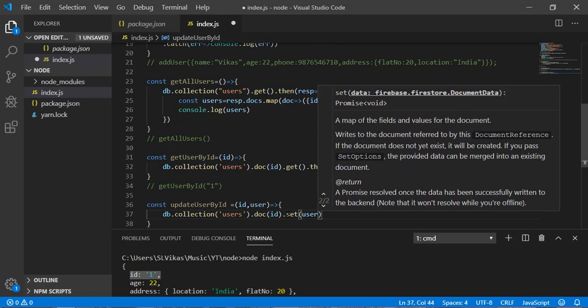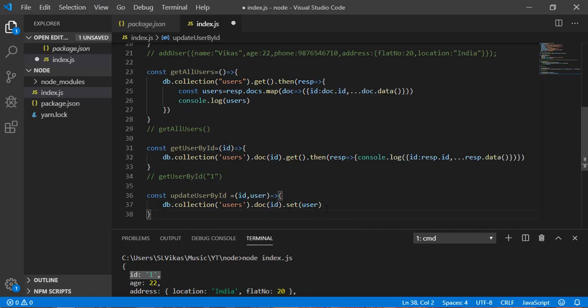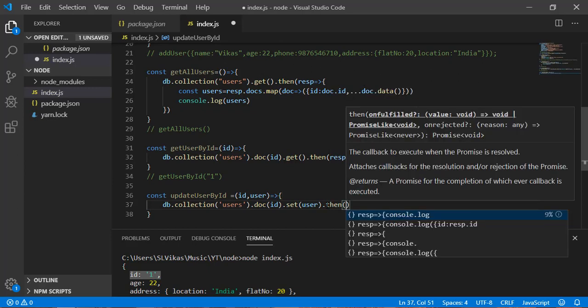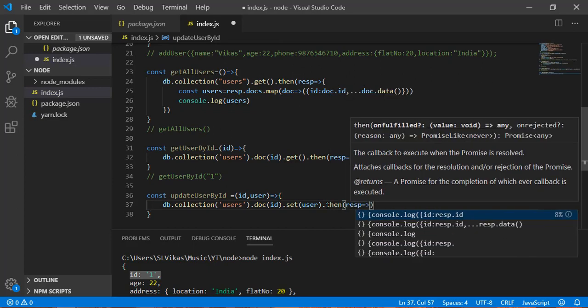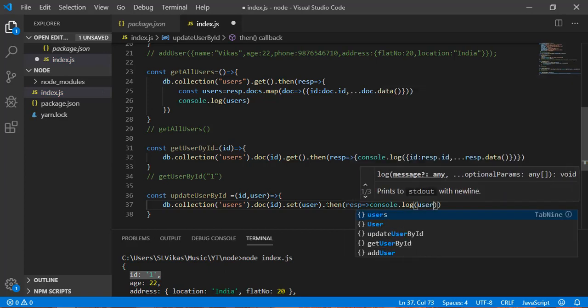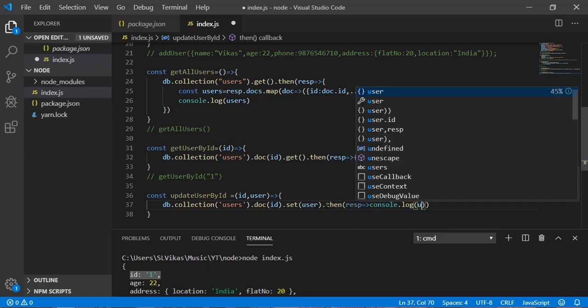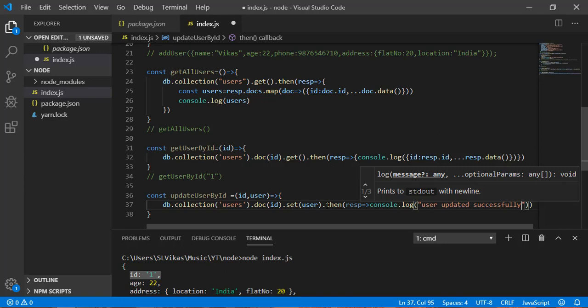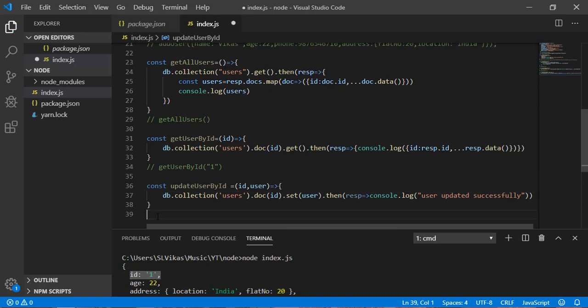So whatever object I get, I am directly setting to this ID. Okay, now then, and I can write here console.log user updated successfully. Okay, save it and have a look.